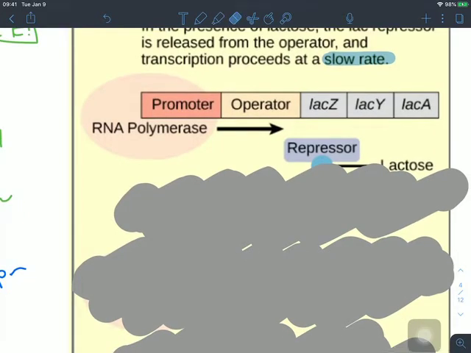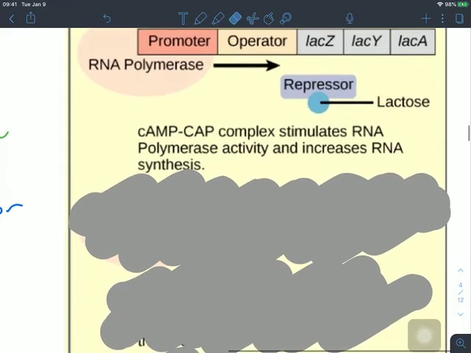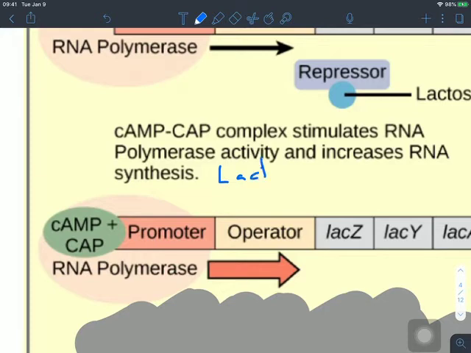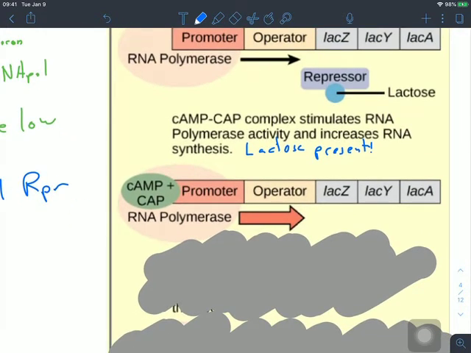In our third situation, CAP-cAMP stimulates RNA polymerase activity and increases RNA synthesis. This leaves out the fact that lactose is present. Because that operator does not have a repressor bound to it, when energy is low, through the presence of the cAMP with the CAP, you would get massive production of the lac structural genes, and this is the case where you're actually fully utilizing the lactose to derive energy